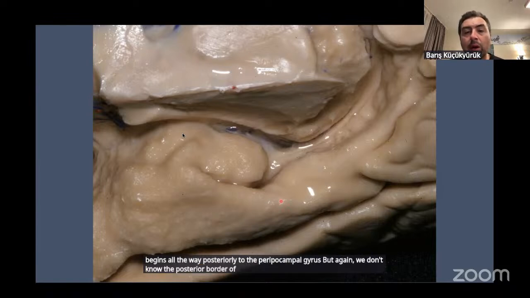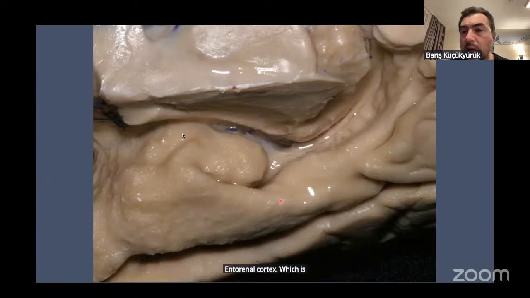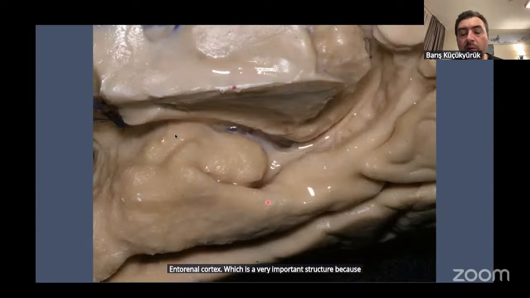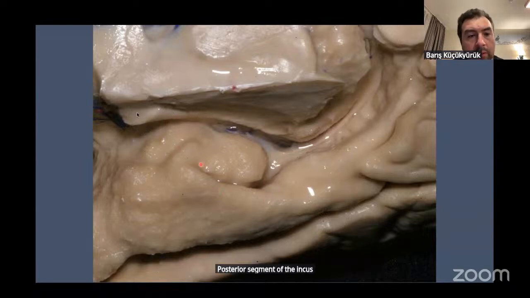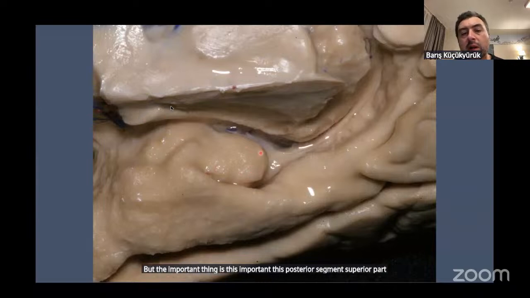There is an area called the entorhinal cortex, which is a very important structure because it hosts the afferent and efferent pathways of the hippocampus. The posterior segment of the uncus has an uncal sulcus here. Superior to it, there are several gyri, but the important thing is that this posterior segment, superior part covers the